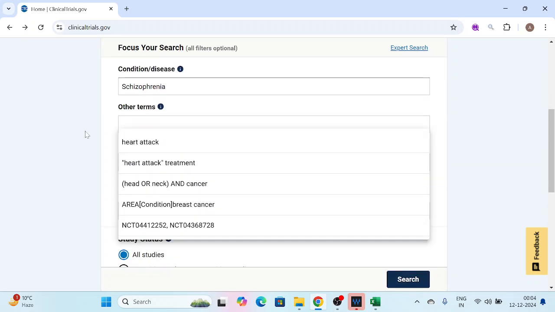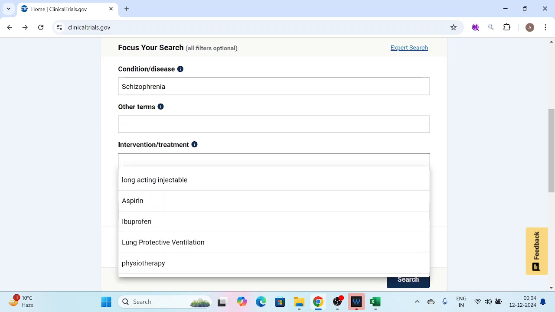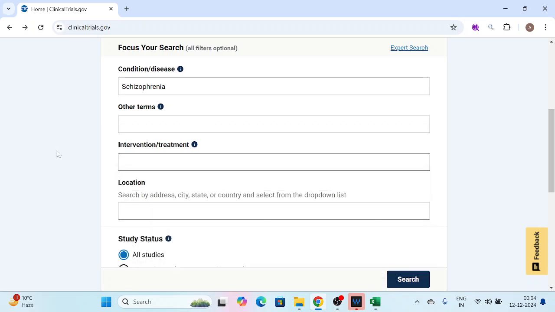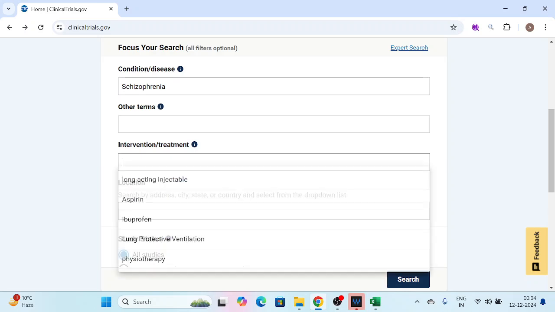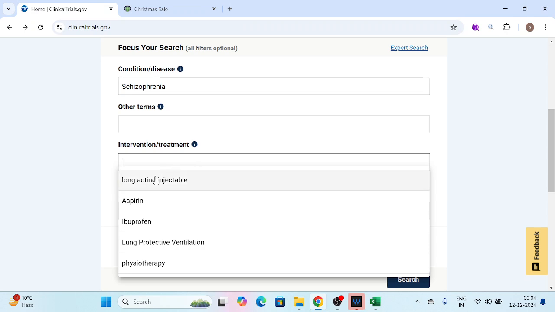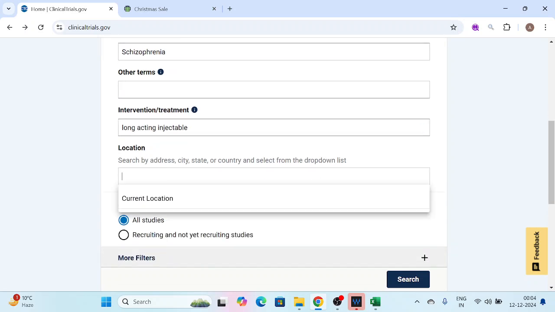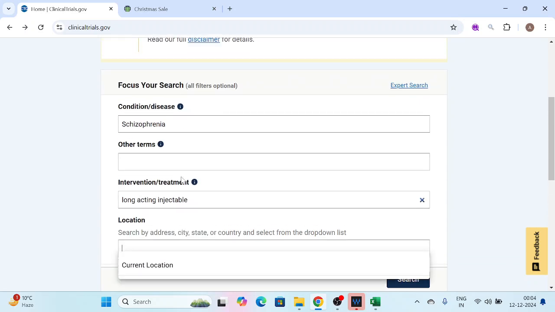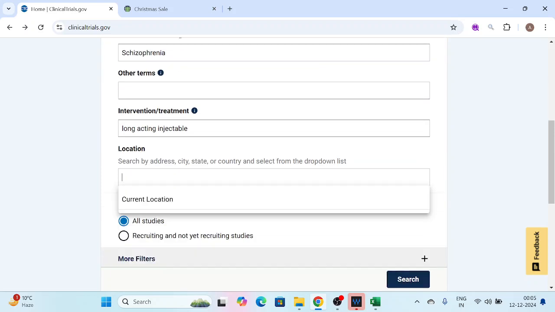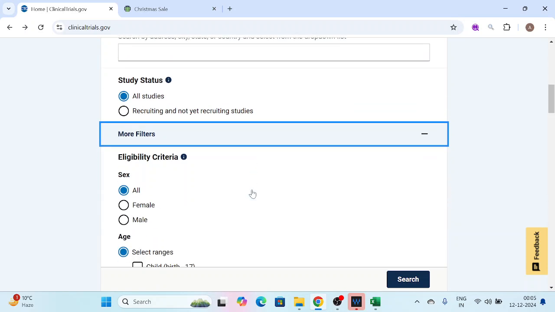here as well. However, here I'm ignoring the intervention or treatment. For example, if you are searching for a specific molecule or drug, you can mention it here, right? For example, here, let's say schizophrenia. However, in schizophrenia, I'm looking for long-acting injectables, right? So long-acting. So here you can mention country, whether you want to look for clinical trials in the US, India, Japan, or anything else. So if you click on the more filters here, study status, we will keep all